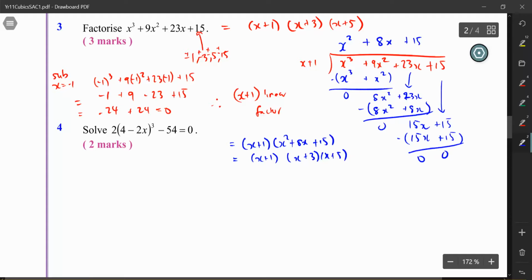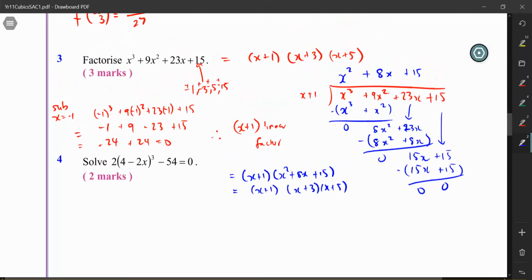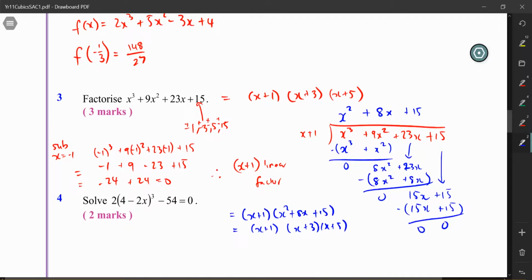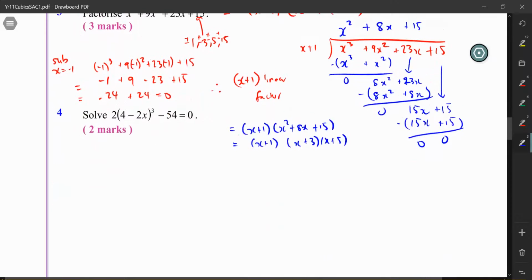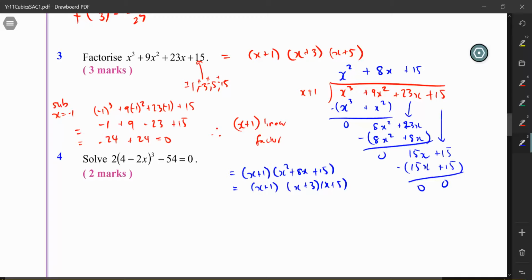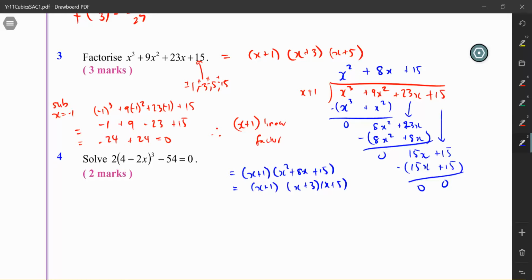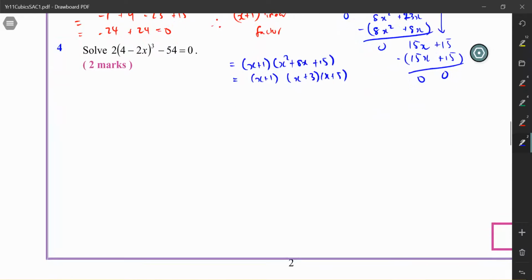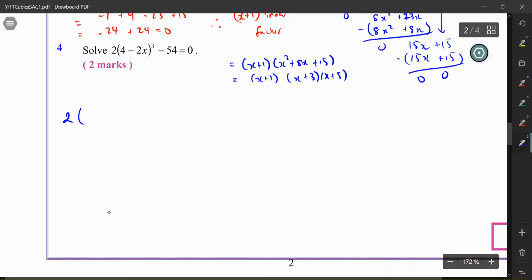Okay, that's how you get the answer. If you were to do it by hand, that would be a 3-marker question. I'm not sure why it was given 3 marks for a CAS question, mainly because the space wasn't really given. But anyways, question 4, if you were to solve this one, same thing,